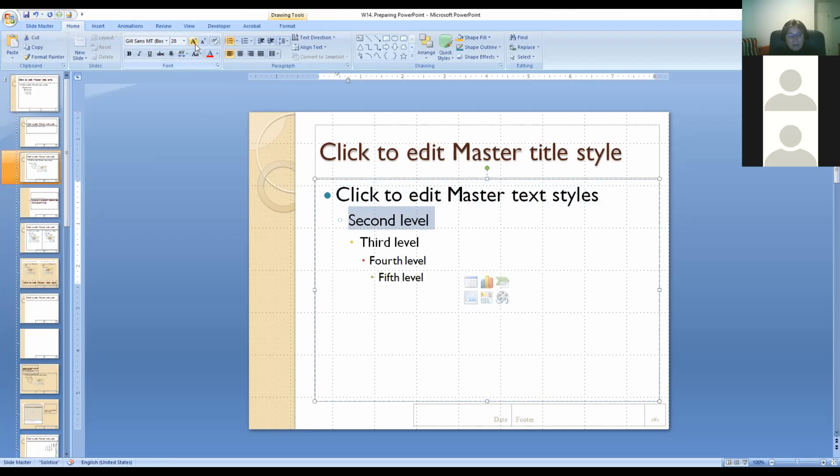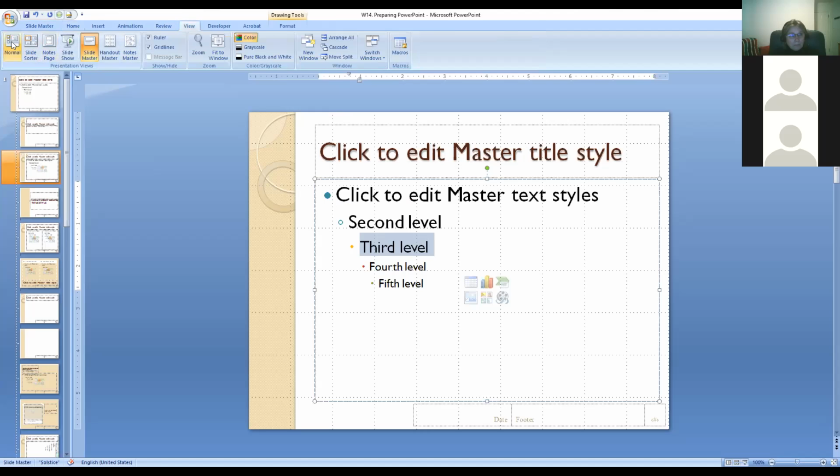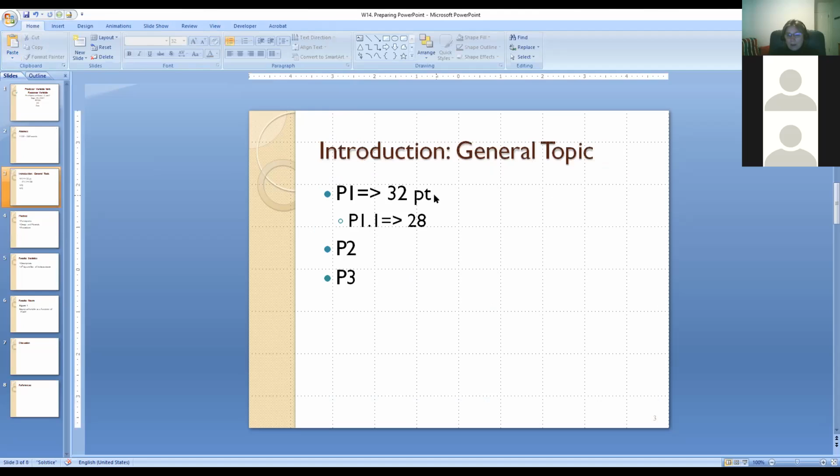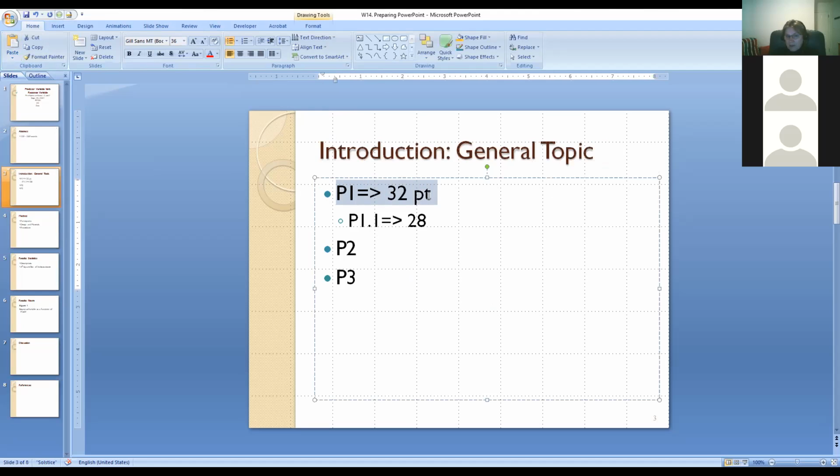And I'll make that 32. And it goes up to 5. Never go beyond 3 anyway. And now going back to normal view, it automatically adjusted everything, making level 1 36, level 2 32.